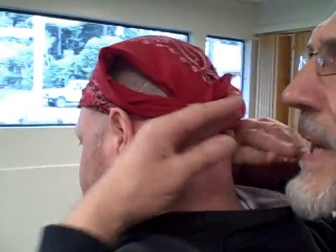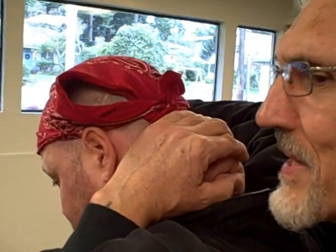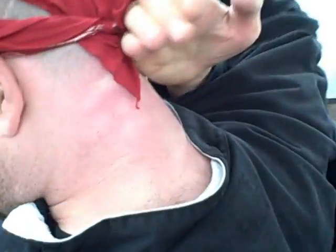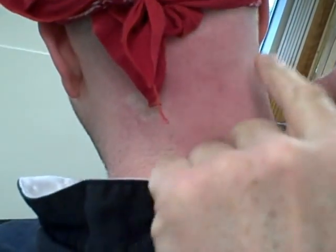Now, if you're using a full Nelson, you'll be aware that you can use your knuckles into the sensitive areas on the back of the neck. But if you're defending against the full Nelson, you have to develop the ability to resist that. So if I'm doing the crane neck full Nelson, you don't really see my application of the energy into the pressure points, but right here is the edge. As I apply this in the crane neck, I'm on that spot, and you can see the actual contact there. If I do it with locked fingers,